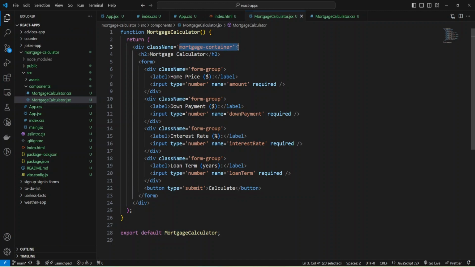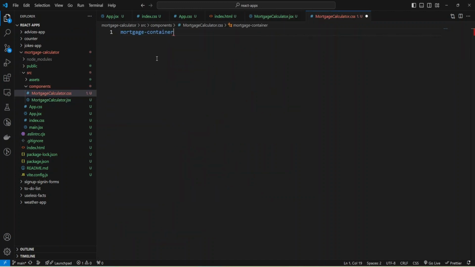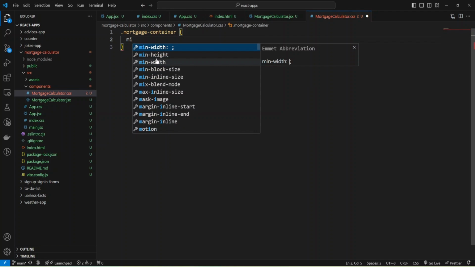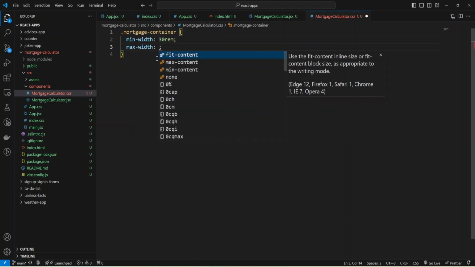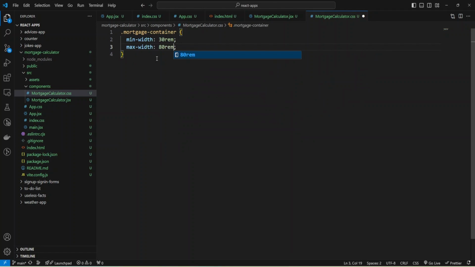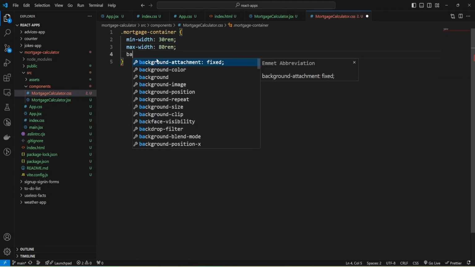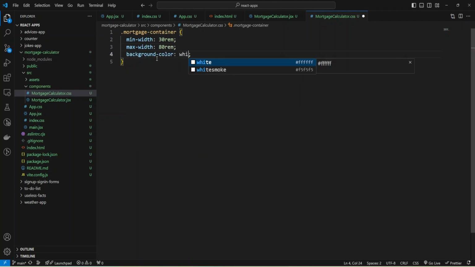And the first style will be for mortgage container, and it's a class. And I'm going to define min width 30 rem, and max width will be 80 rem. And also provide background color white.